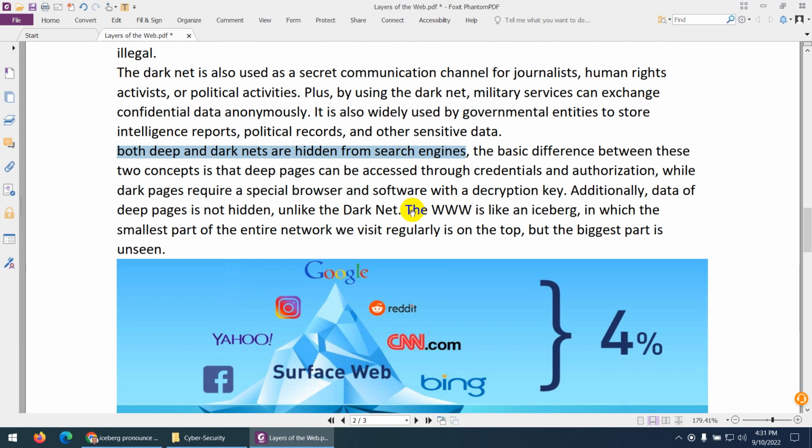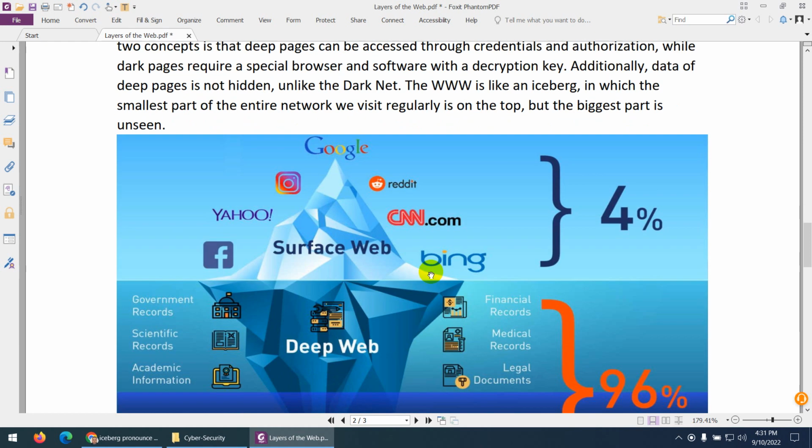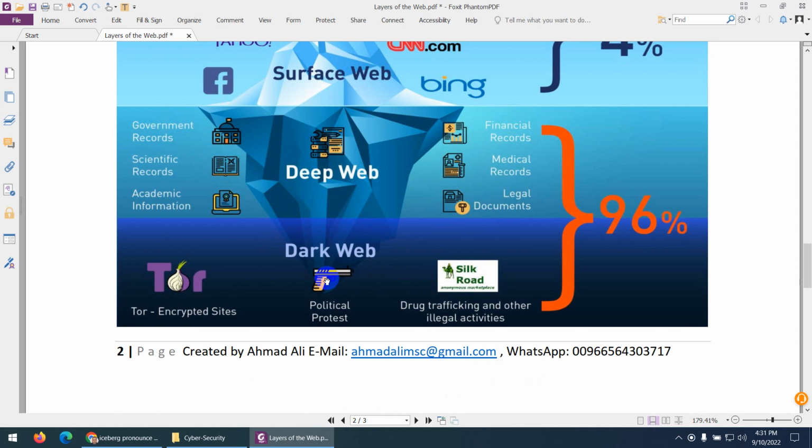And I gave an example of an iceberg. So let's go to the picture again. Now I'm in the third layer of the internet. Encrypted sites. You can use a Tor browser. I will show you that one. And here political and protest and all those information they are exchanging, drug mafia and all those illegal activities are done